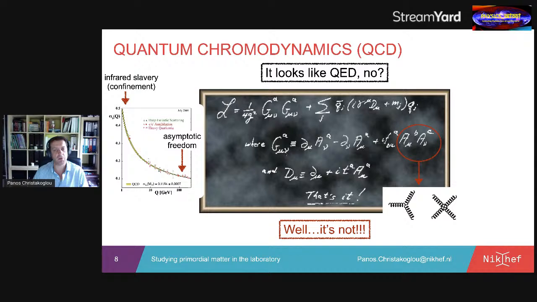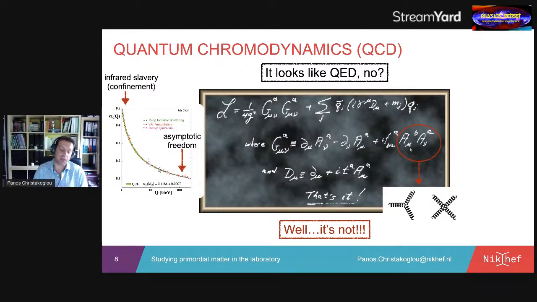For QED, it has only this first component, where alpha is just a vector field that describes the photons. Over here, this vector field describes the gauge bosons of the theory of QCD, that would be the gluons. However, in QCD there is an extra term,